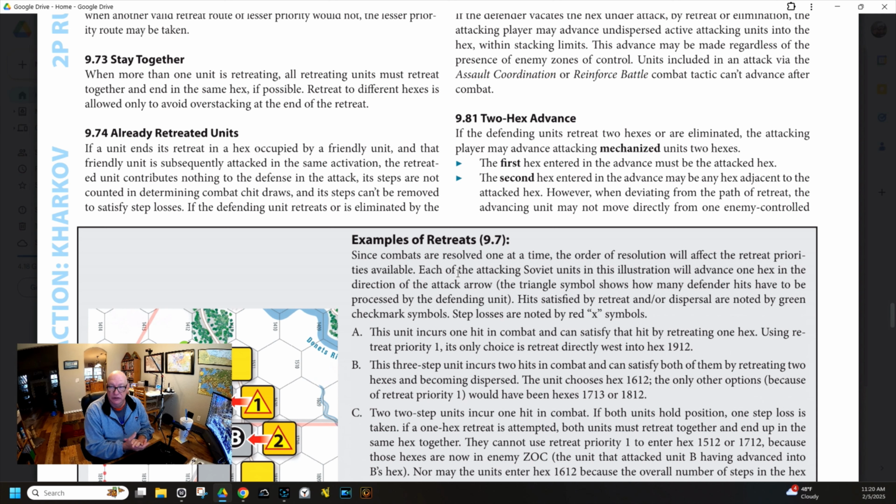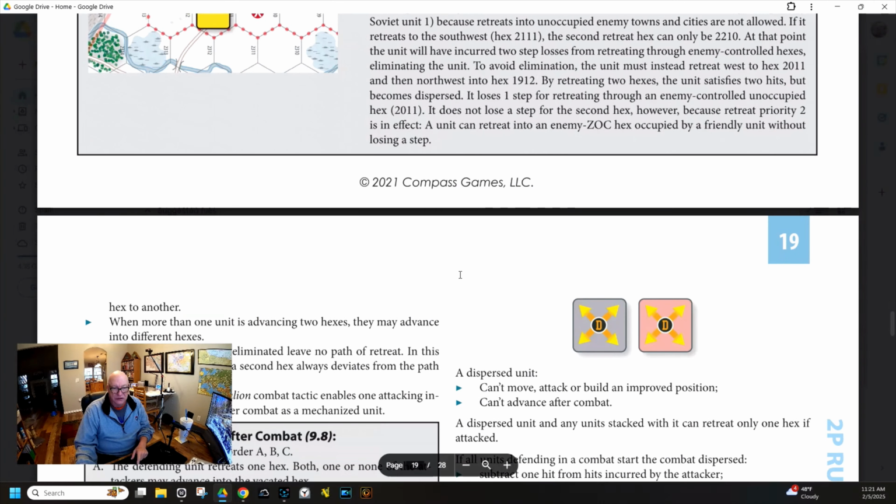If the defending unit retreats 2 hexes or is eliminated, the attacking player may advance attacking mechanized units 2 hexes. The first hex entered in the advance must be the attacked hex. The second hex entered in the advance may be any hex adjacent to the attacked hex. However, when deviating from the path of retreat, the advancing unit may not move directly from one enemy-controlled hex to